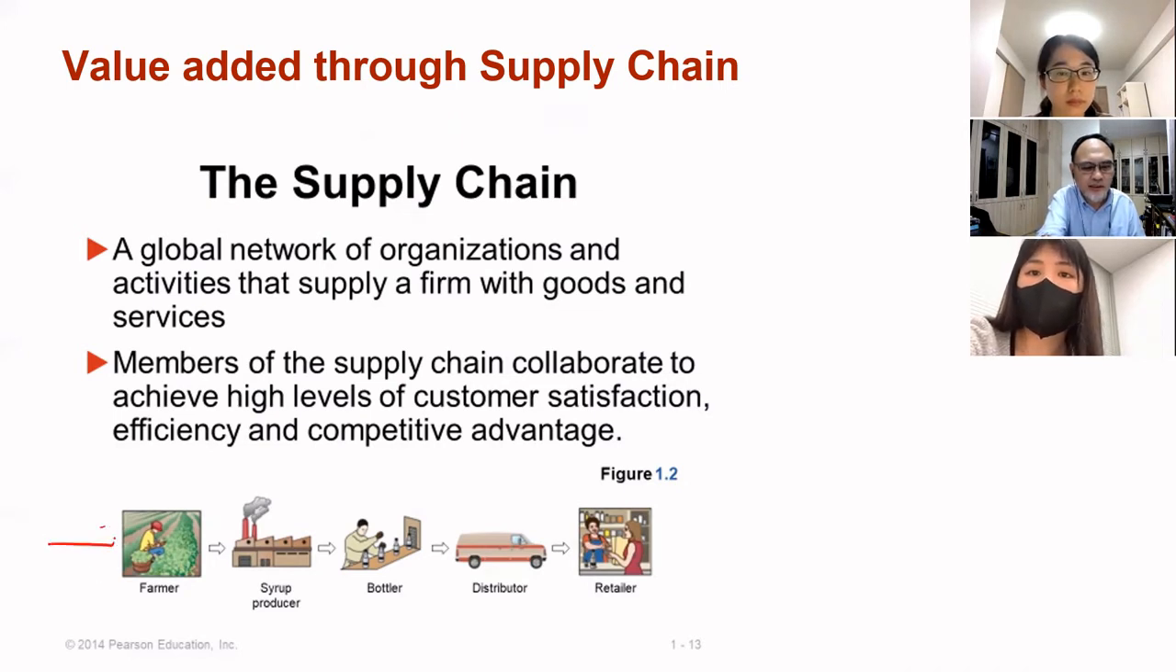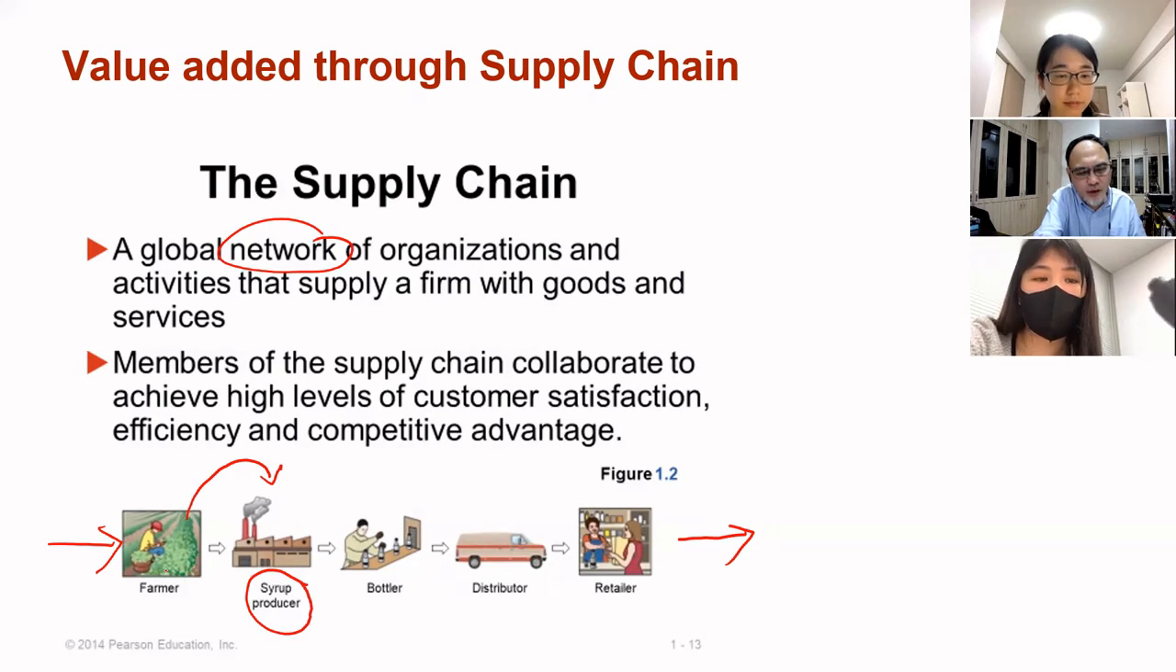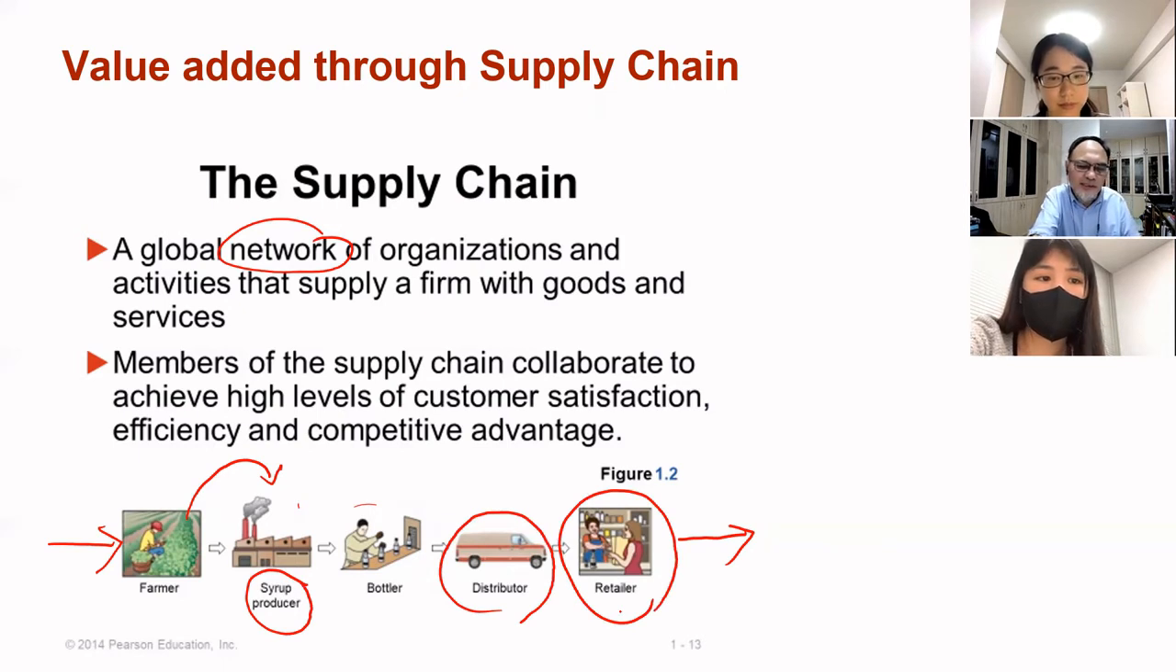Can you see here? This is the supply chain. What this supply chain is, it is a network. So it consists of producers. So this becomes their customer, the syrup producer. So they buy the raw material, or they buy their crops. They go for bottling. Okay, so they go to the distributor, and they go to the retailer. But this is only a very simple supply chain, but there are many complicated supply chains